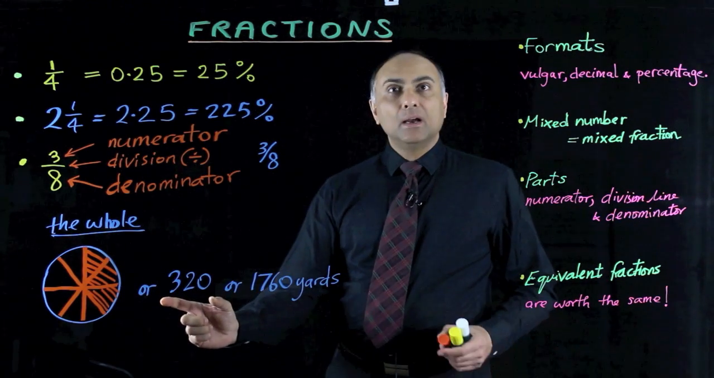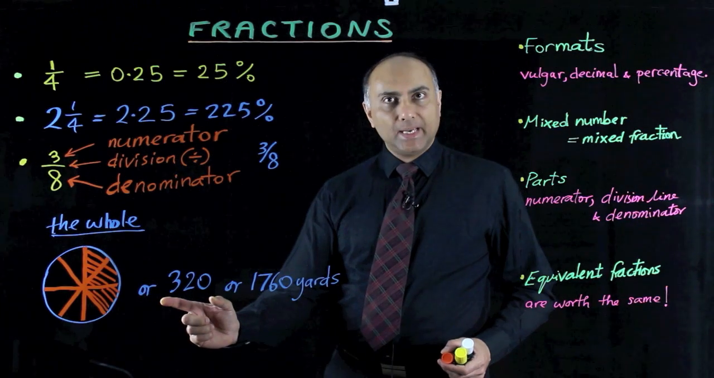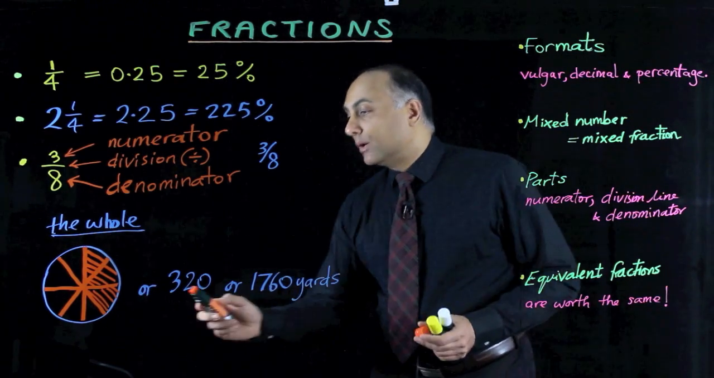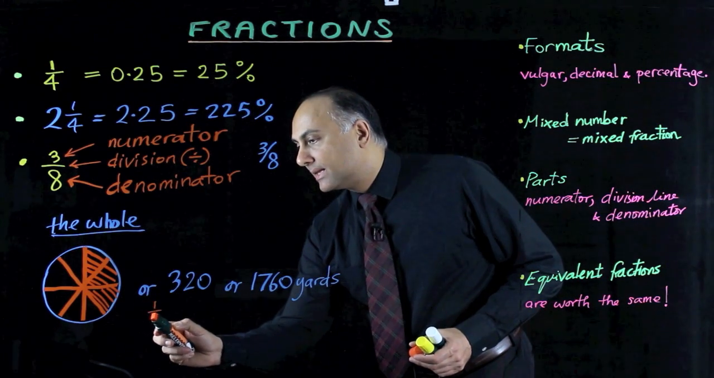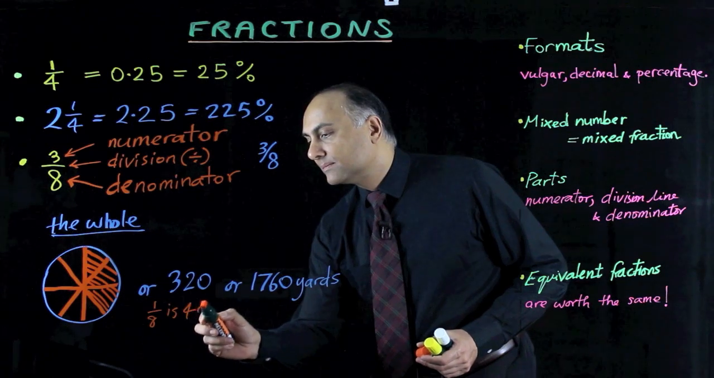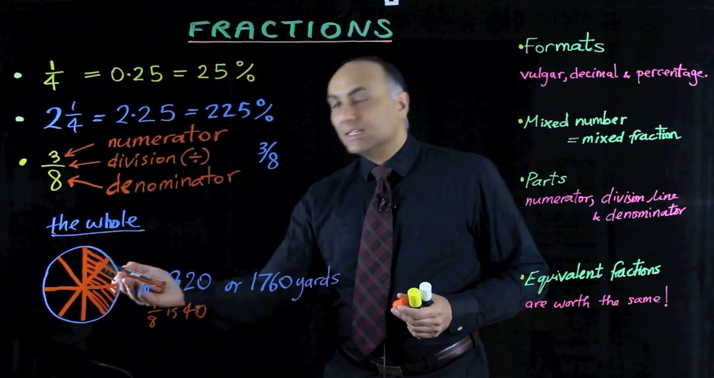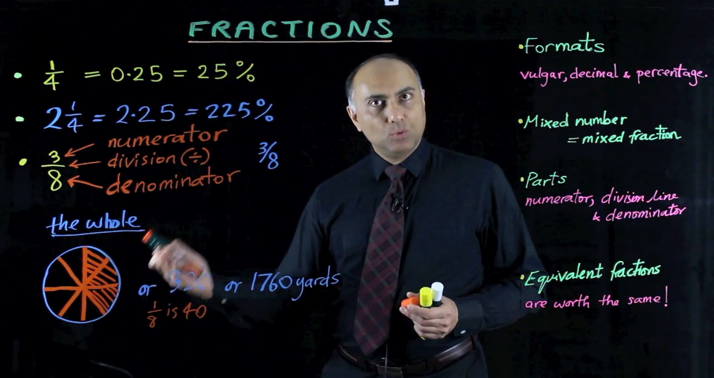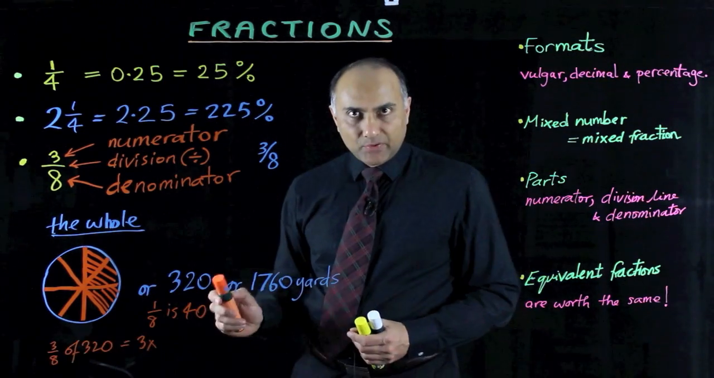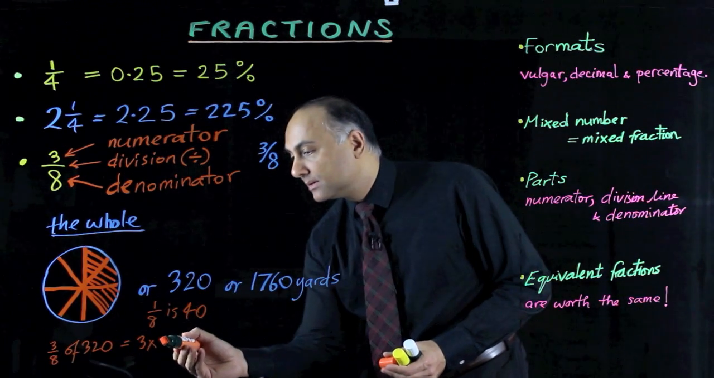Or you could say half of 320 is 160, half of 160 is 80, and half of 80 is 40. So 1/8 is 40. But we want 3/8. As you can see, 3/8 is 3 times as much as 1/8. Well, if 1/8 of 320 is 40, then 3/8 of 320 is equal to 3 times 40,